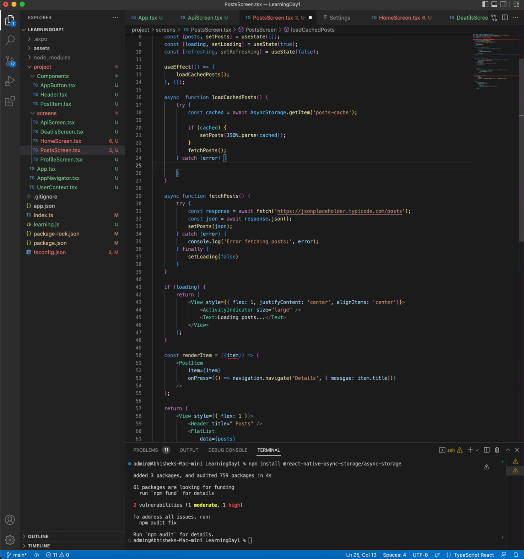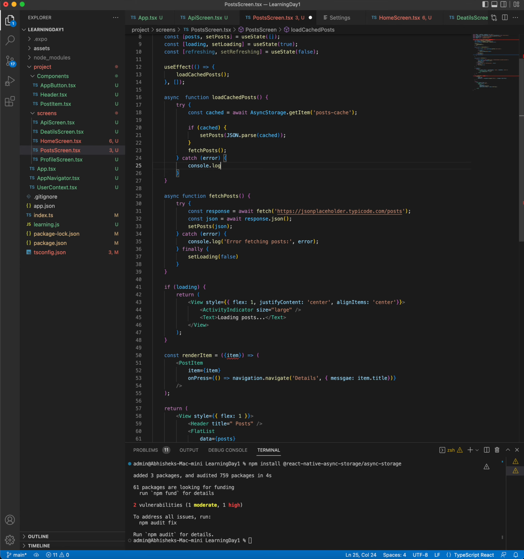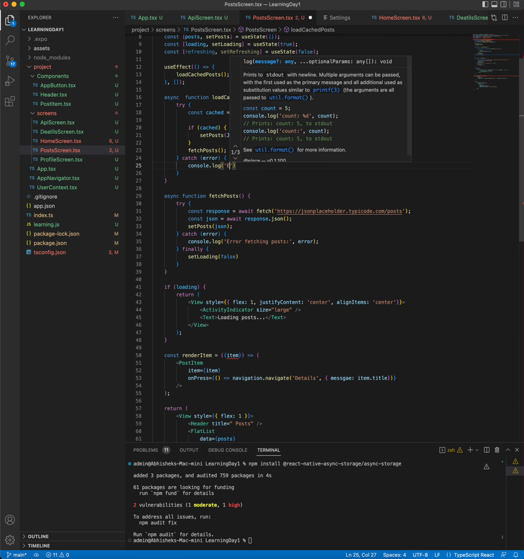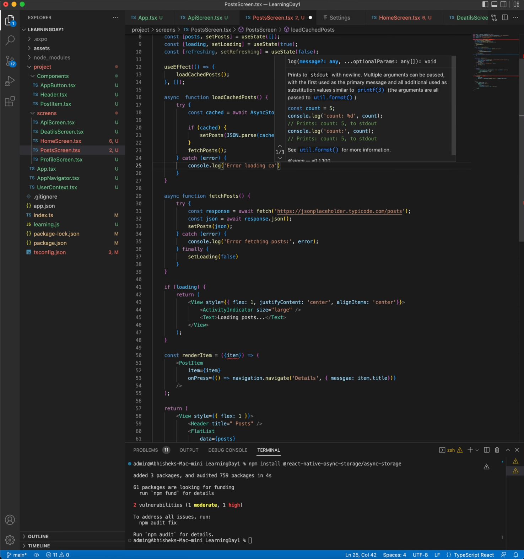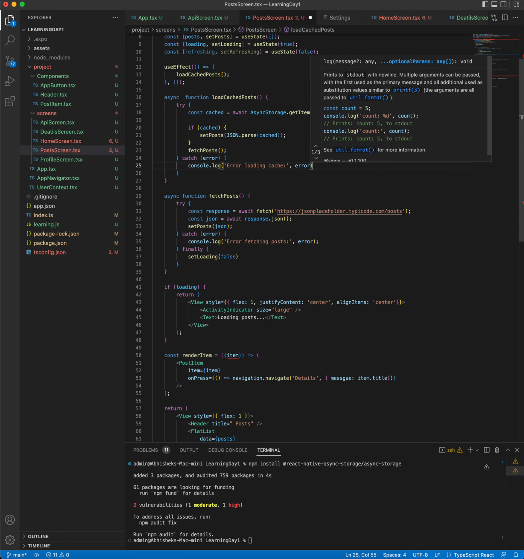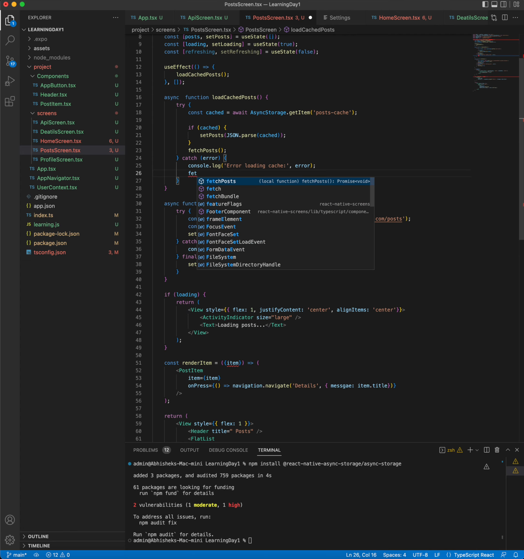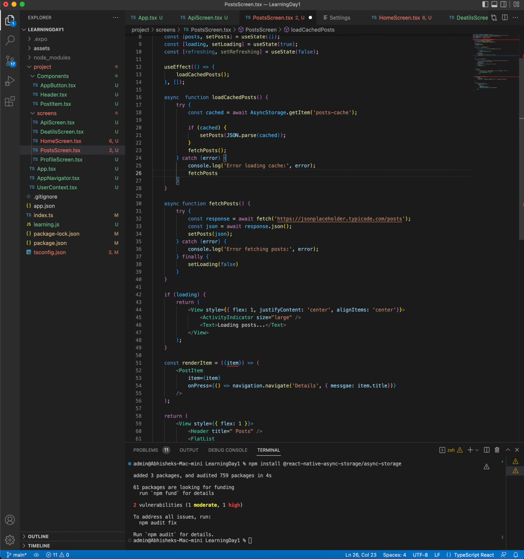Inside the catch I'll console log the error. You can use an alert to show the error as well, but if there is any issue, again I'll fetch the posts. Inside fetchPosts,